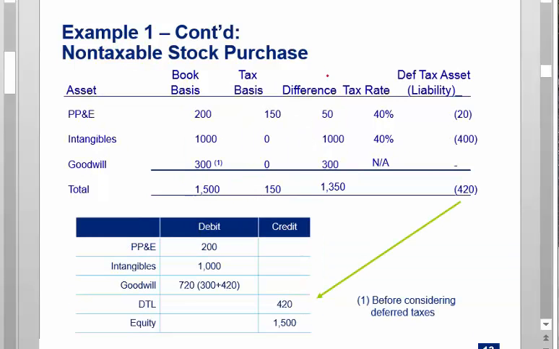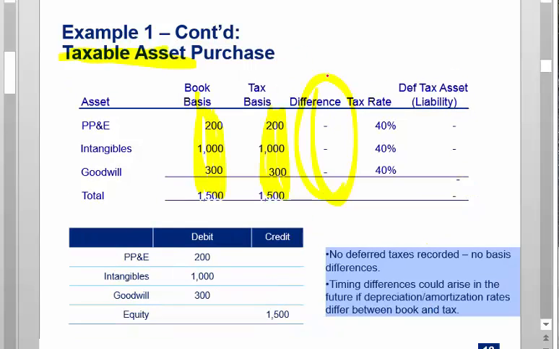So if we moved on to a non-taxable stock purchase, this is the more common one. On the previous slide, would the tax basis be equal to? Would we use the accounting treatment for fair value, or would we do a separate valuation? So Yusef's question was, will it always be the same? It won't always be the same, but the concepts are the same. It's a fair value allocation. You go from current liquid assets down to non-current intangible assets. Goodwill's a residual. So while there's different rules, in a straightforward taxable asset transaction, they should be similar or the same.